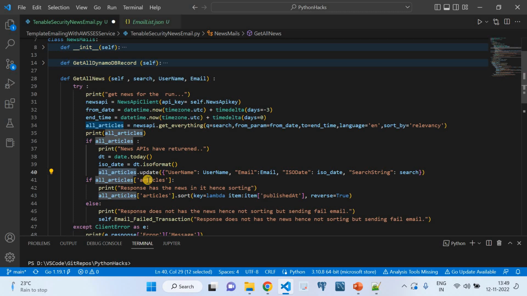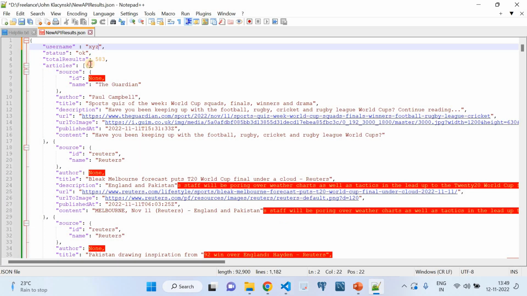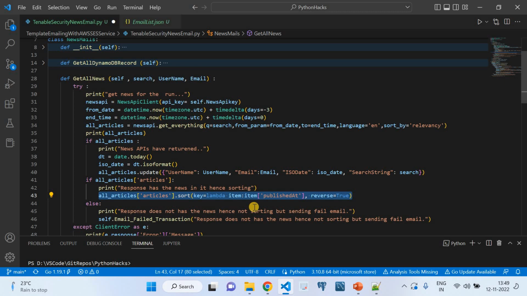Then I'm updating the result of the articles, and then to that result I'm sorting it. In the sense, the news has to be sorted in a certain format. That's what is done here, basically just data operations. So here we are sorting the complete article with the published date, and based on whatever date format you see here,